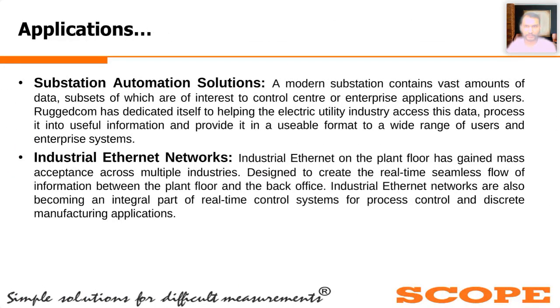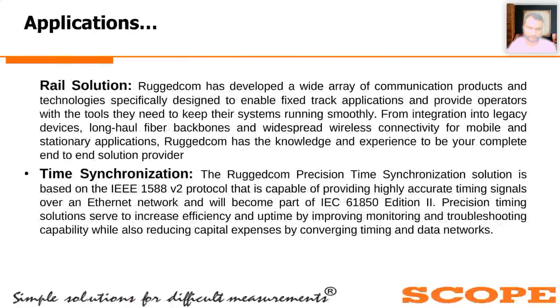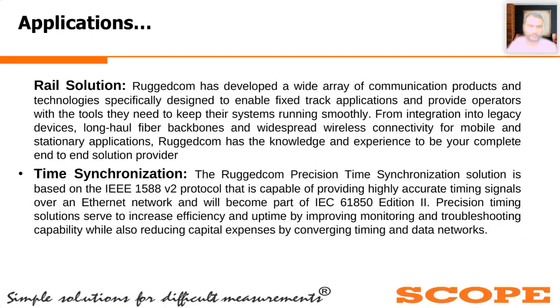Applications, as I already informed: substation automation, the substation SAS application we just discussed, where you can use network switches for both process bus and station bus. Industrial Ethernet switch application: if you want to establish a LAN network within a plant, you can use these switches to connect multiple devices. Then there are rail solutions, railway applications, and you can also use them for time